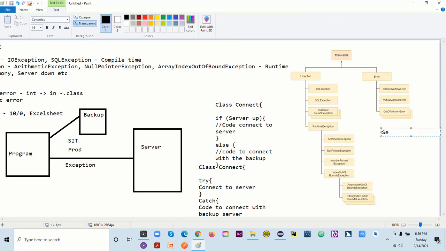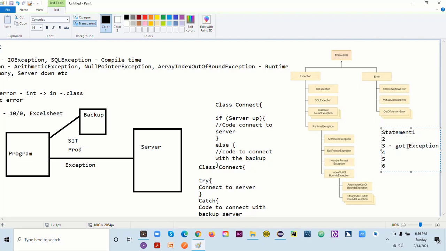Here you have statements 1 2 3 4 5 6, and you got an exception here at the third line. Now what about the other code which you have written after this? It will not execute, and you will get the error only here. But what I want is, even if I get the exception here, I want to keep running my program. I want to validate some other stuff as well.